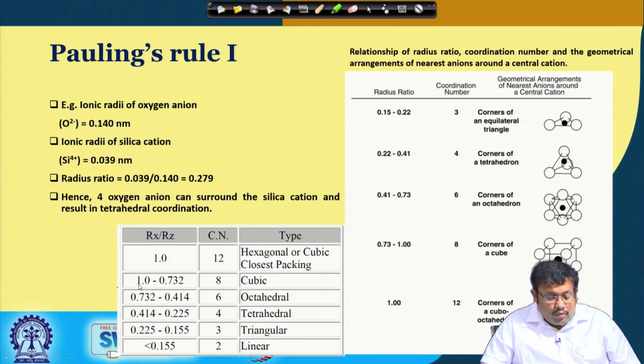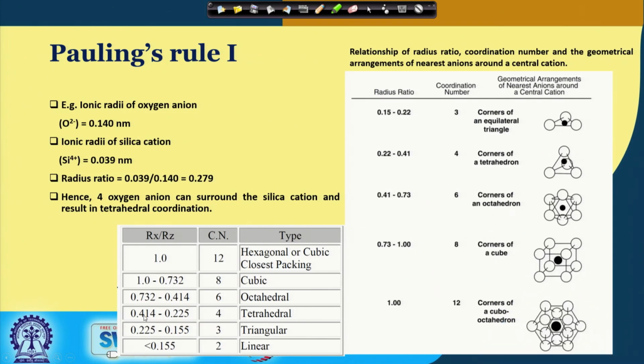When it is from 1 to 0.732, we get a cubic packing, and from 0.732 to 0.414 we get a 6-fold coordination. The shape is octahedral. From 0.414 to 0.225 the coordination number is 4 and we get a tetrahedral shape,